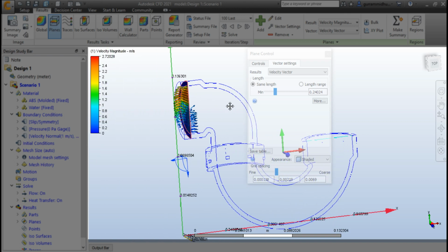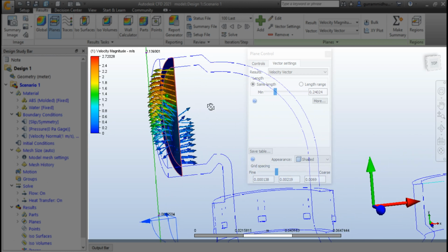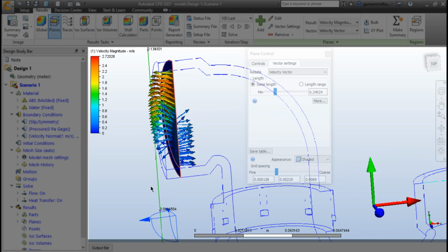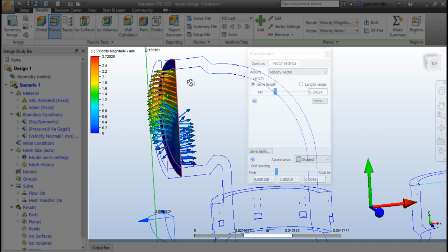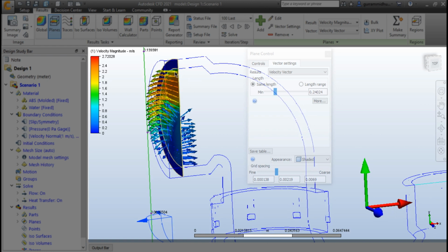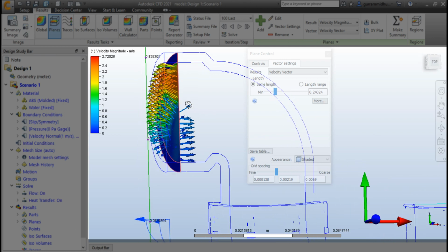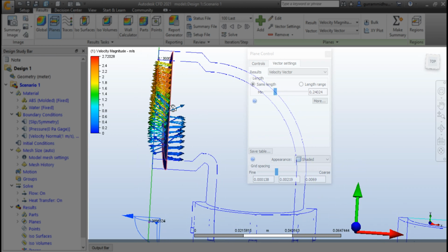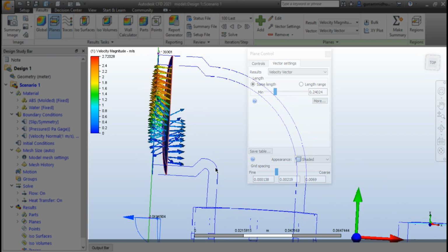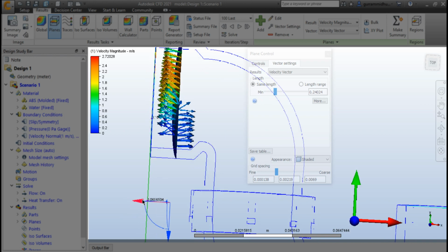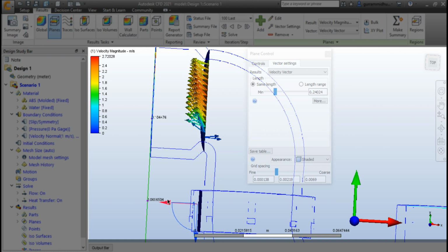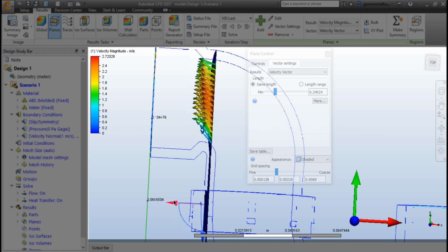If you observe here, the water entering from this region is leaving by this region. When it comes to this plane, the water particles at this section are going out on the upper section, but when it comes to the lower section, they are being reflected back because of this geometry in here. If you move that, you can clearly see the vectors that are causing a situation like that.